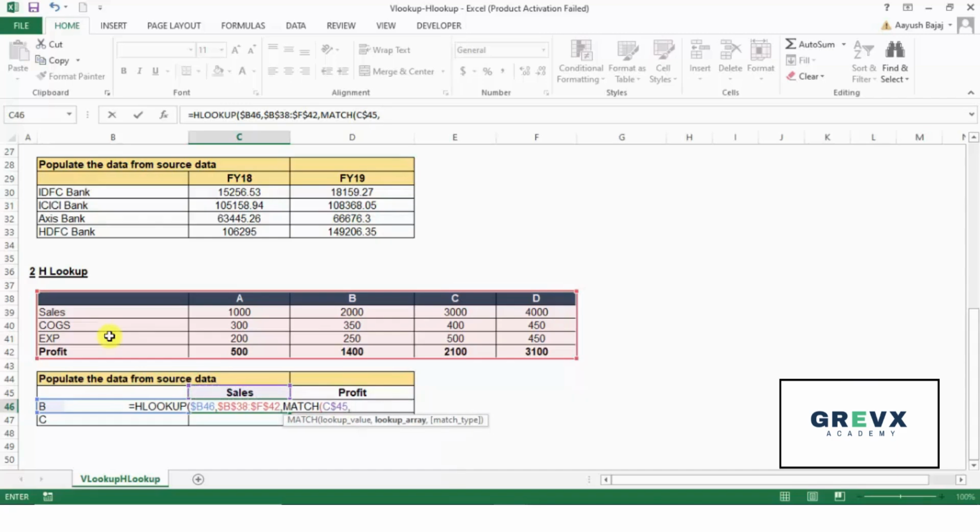Now here comes the difference, guys. Now where should I match? From what range should I match? Should it be the column headings? No, it need not be the column headings. Why? Because my sales is not in my column headings. Where is my sales? In this column. Correct? My sales is in this column. So I'm saying that Excel, please match sales from this selected column range